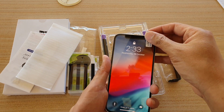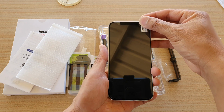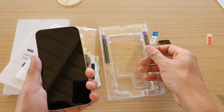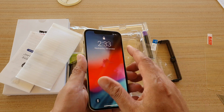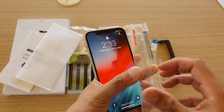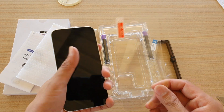Another thing is the glass will also go all the way out to the edge of the screen right here. So that's how far it will go on your iPhone 12 Pro. And the way we install this is we put the liquid adhesive onto the screen, and then after that we put the glass on, and then we will use the UV machine to cure the adhesive. Whereas the cheap version, all you have to do is you're just going to peel it off and then you stick it onto your device. So this one here doesn't work as effectively,